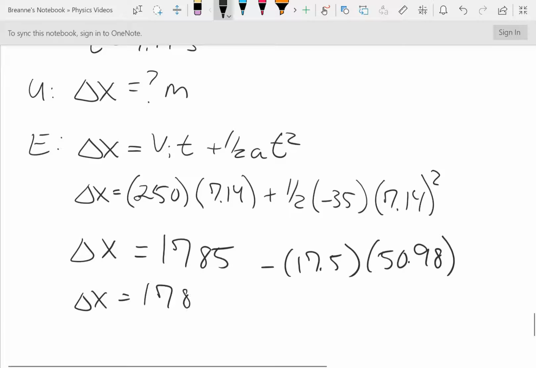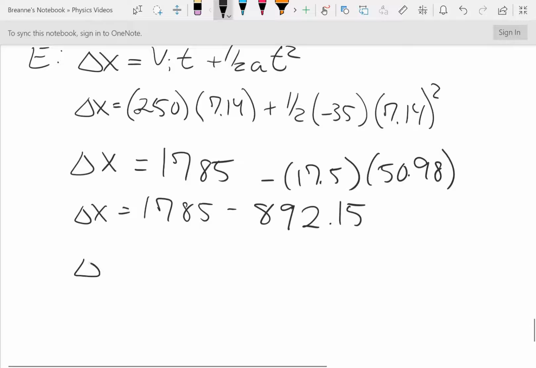You need to simplify the 17.5 times 50.89. That gives you 892.15, and then you just subtract your 1785 minus 892.15, and you're left with